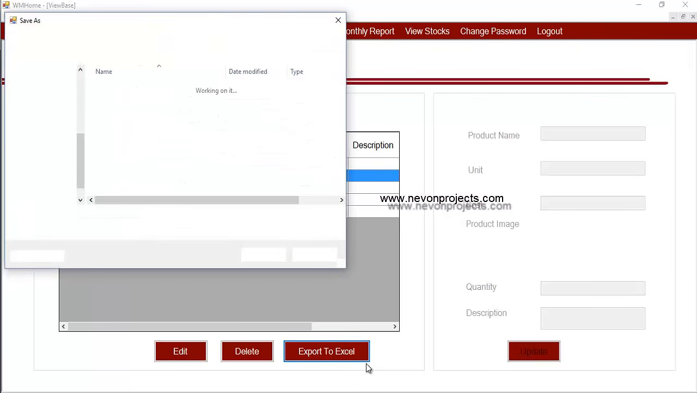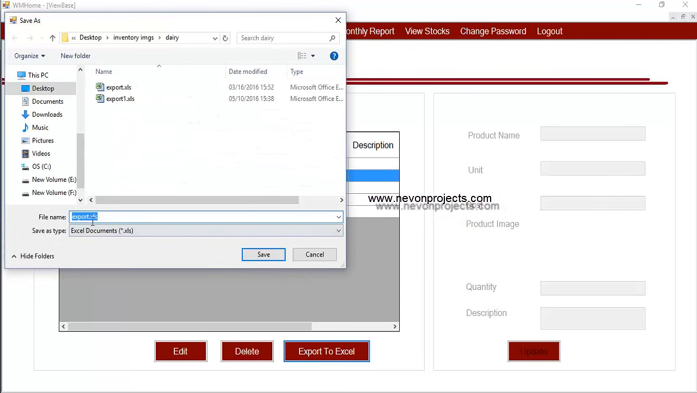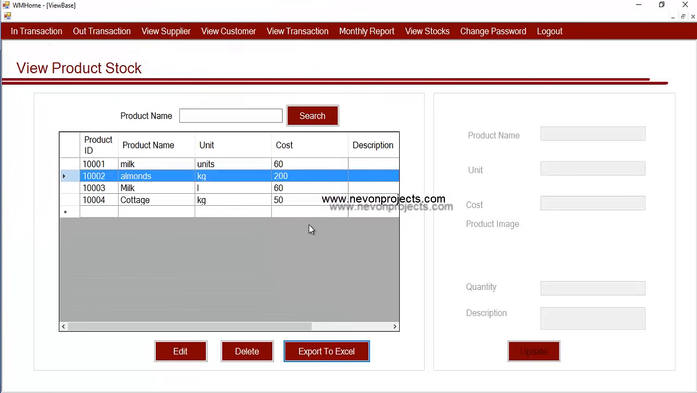by specifying the Excel sheet name. And once he clicks onto the save button, these details will be stored in the Excel sheet, and he can view that details for further analysis. Next module, let's see the next module,